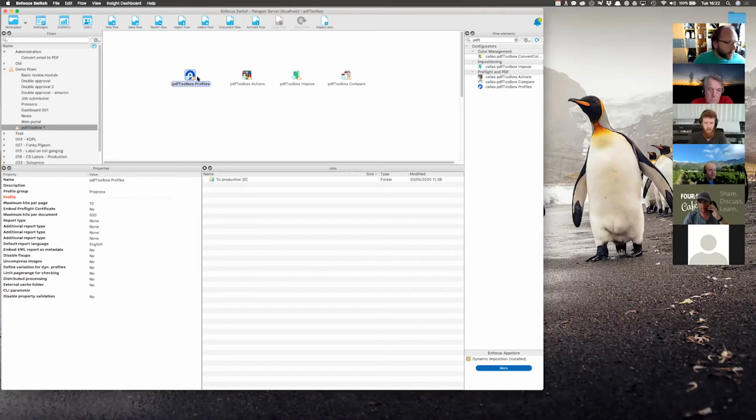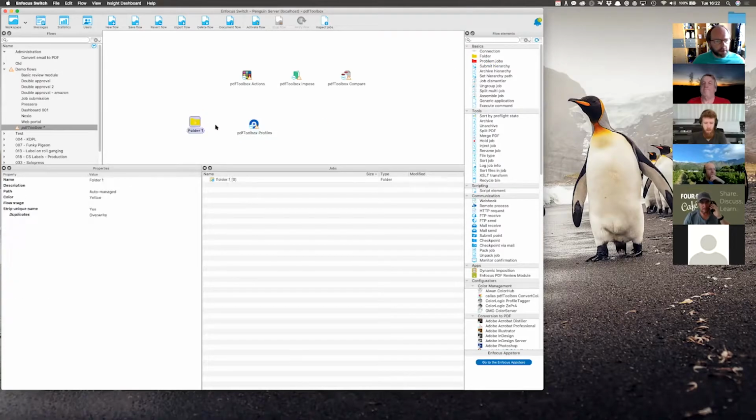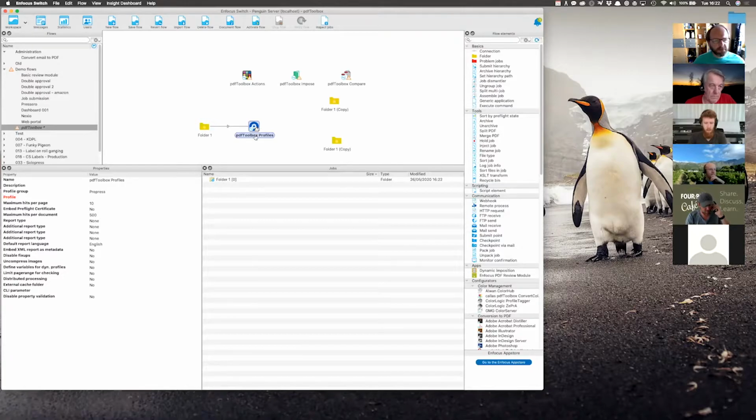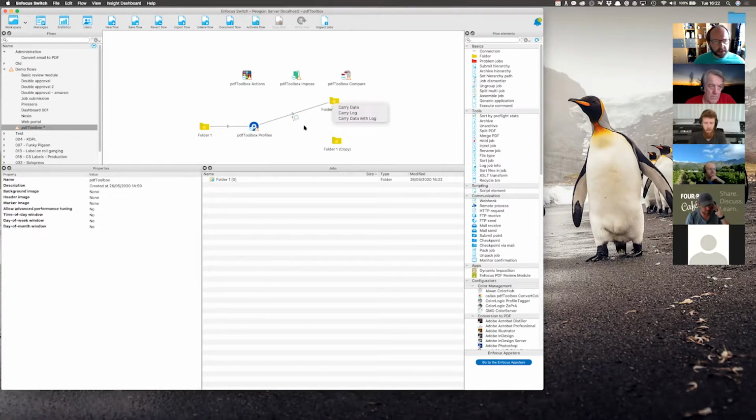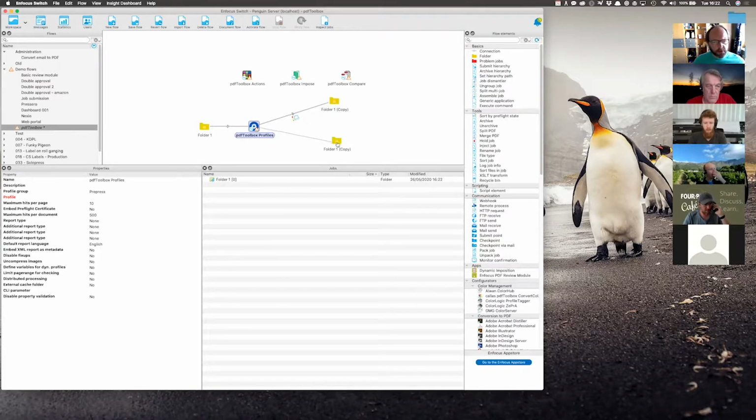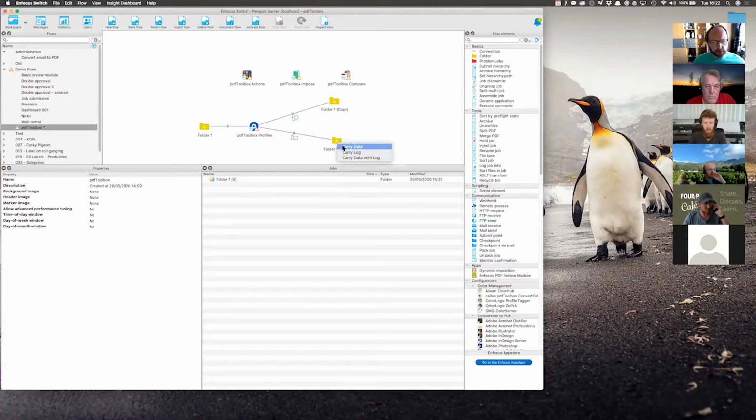So what does this do? Well, first of all, of course, just like just about any other configurator in Switch, this has to be built into a workflow. So I have to send PDF files into here, and then I have to also do something with what comes out of PDFToolbox. So you have ingoing and outgoing connections, very similar to everything else,